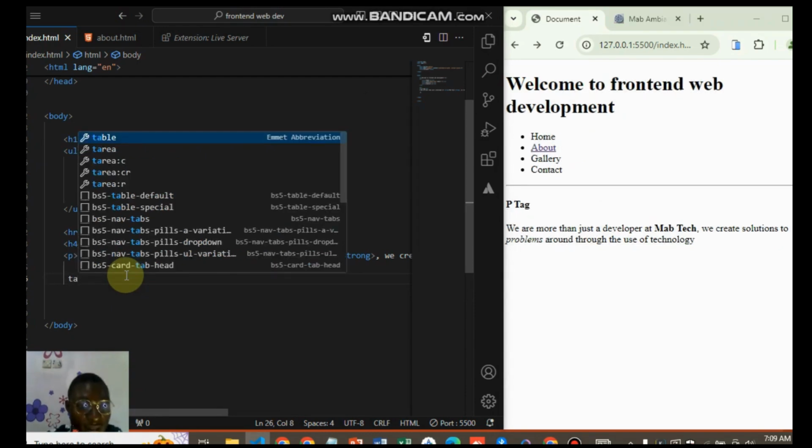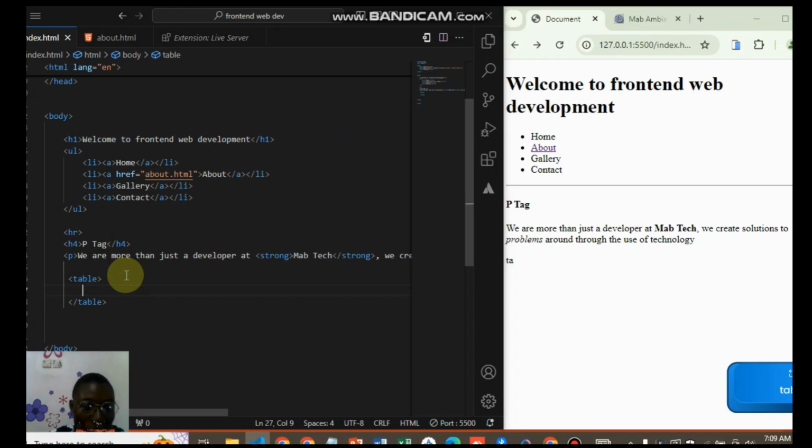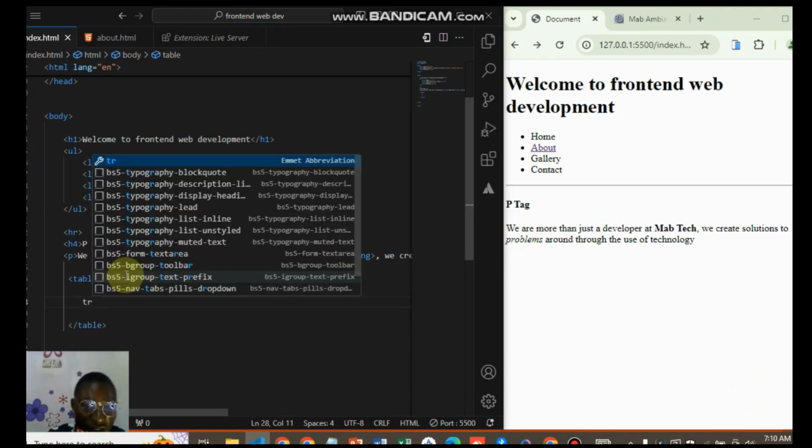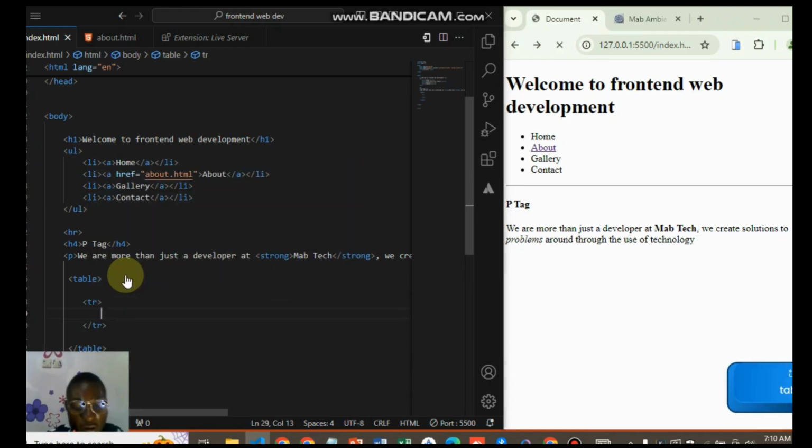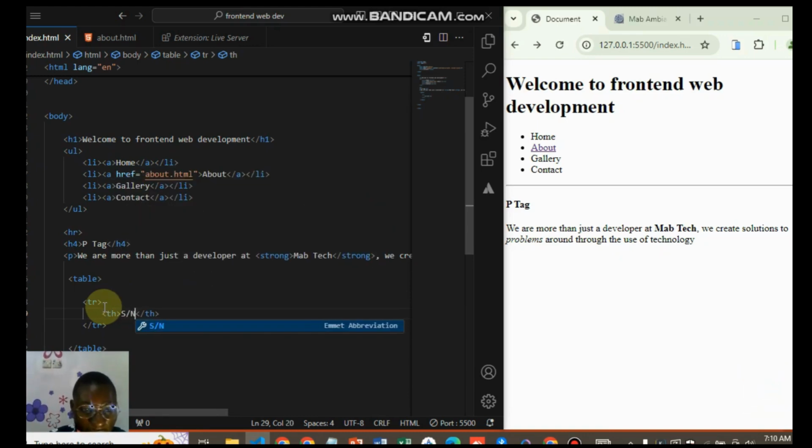So let's start. You're going to have table, you press your tab, you close it. Then in our table we should have a table row, which is our TR. In our table row we're going to have our table column. Let me pick it this way: table head, for instance,